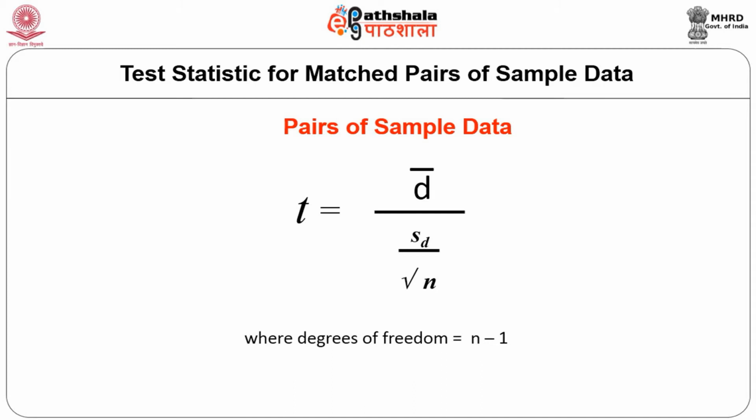The formula is very simple. The numerator is the mean of the difference values, divided by the standard deviation of the difference values divided by the square root of n, which we generally call the standard error. I will also explain, while doing the examples, what the table value is, how much it would be, and how to pick it. But right now, the t for the paired sample is nothing but the difference mean d bar divided by the standard deviation of the difference divided by the square root of n, which we call the standard error. If this value is statistically significant, it should be more than the table value. If it is more than the table value, we reject the null hypothesis.